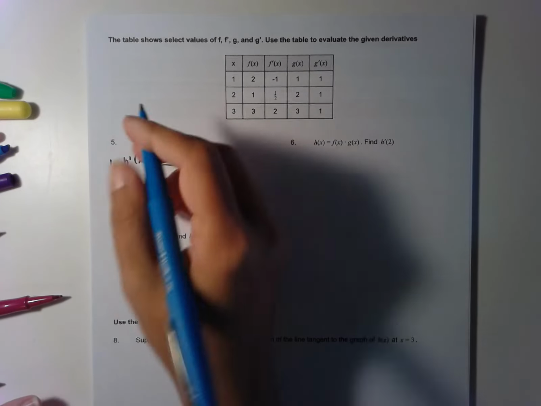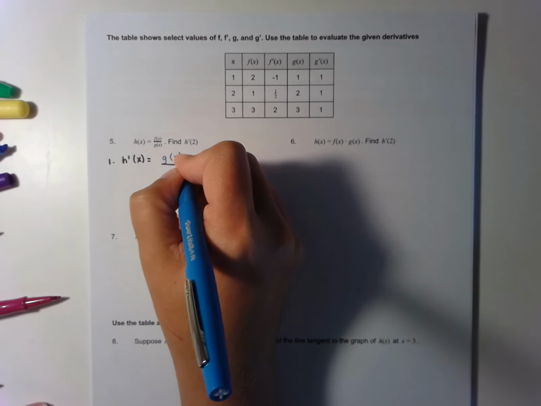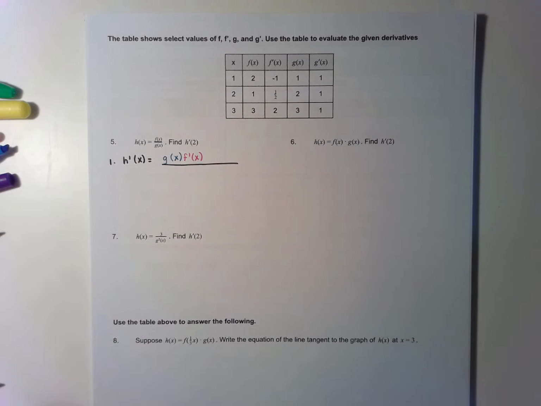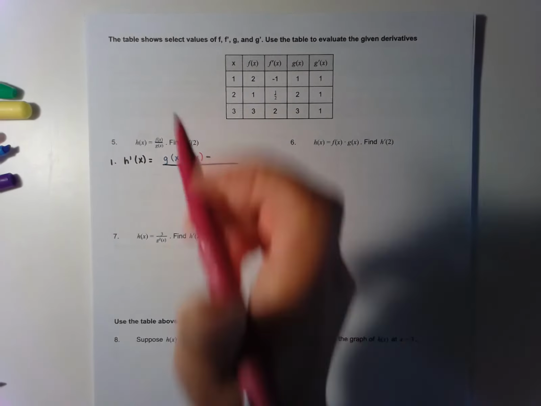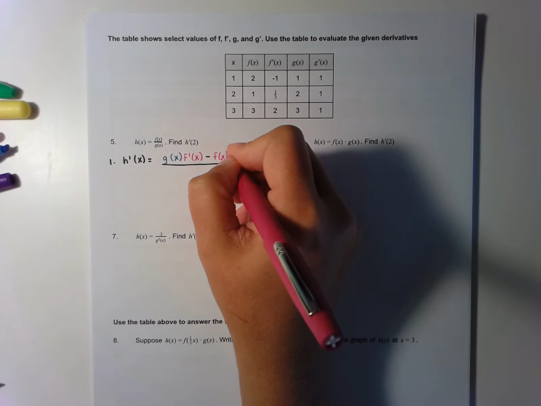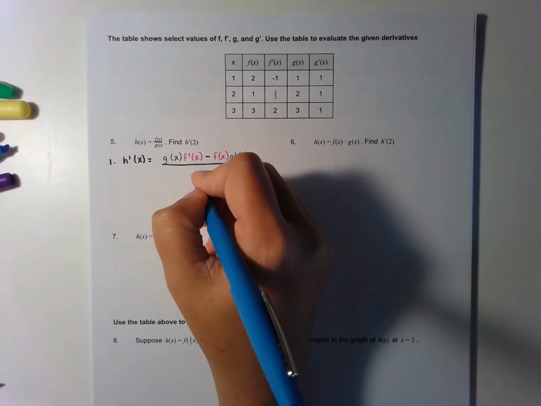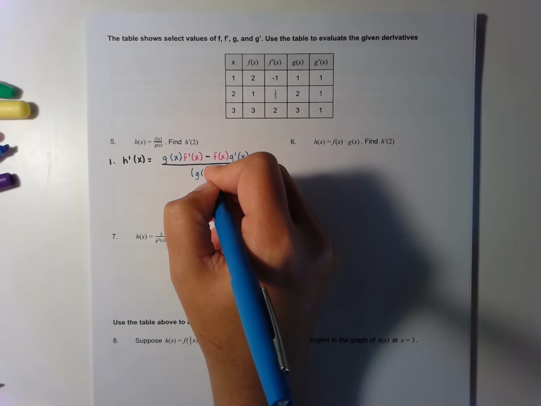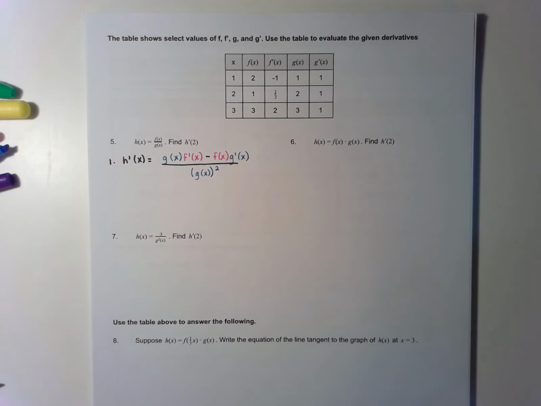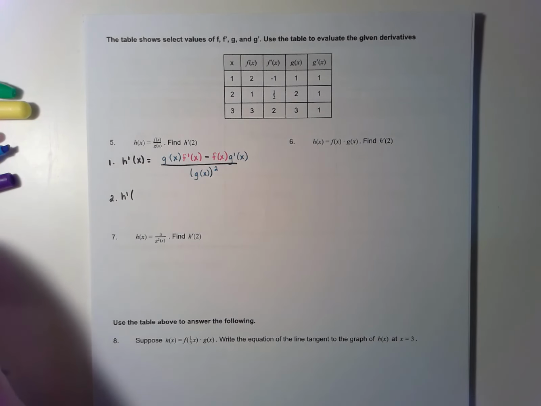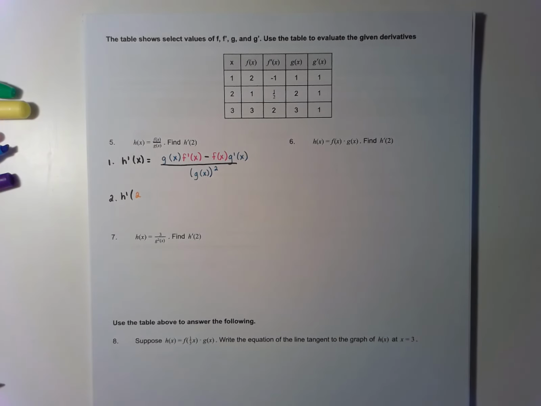So quotient rule says low d high, so g of x, leave it alone, d high, which is f prime of x, minus high, which in this case is f of x, d low, so that would be g prime of x, and low squared, which means g of x squared, goes down below. Now what we're going to do is plug in the number 2. So if we substitute the number 2 in, we're going to have h prime of 2 is equal to,